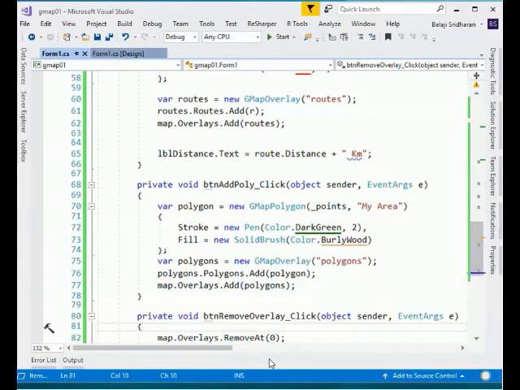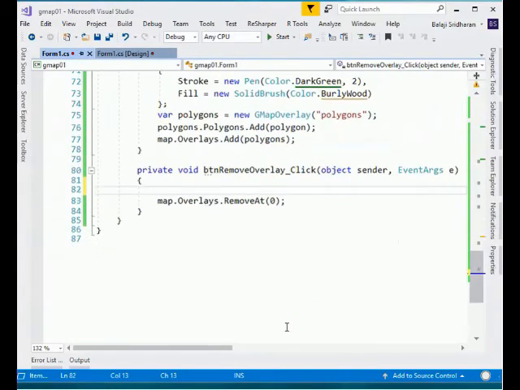Before doing this I want to first check whether the map has any overlay or not, because sometimes a user may click the remove overlay button without even adding a new overlay.